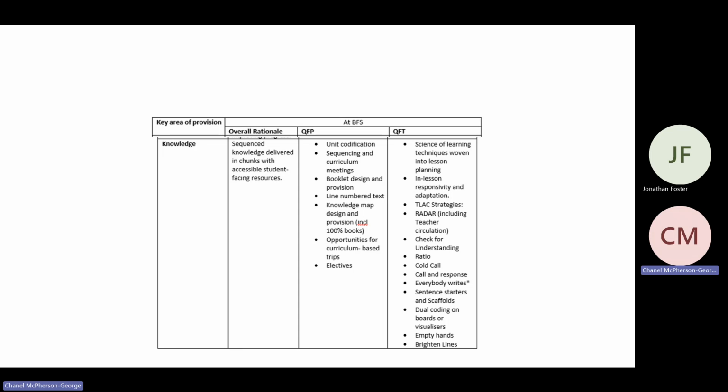The next area of provision is knowledge, and I think that a lot of the time, if we are supporting students, whether it be through scaffolding or chunking, to understand the work, then we tend to see less of the secondary struggles or behaviours that students, particularly neurodiverse students, may have. So on the overall rationale, we have that ensuring that we have a well-sequenced curriculum for all